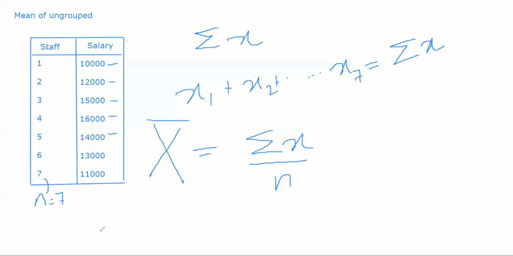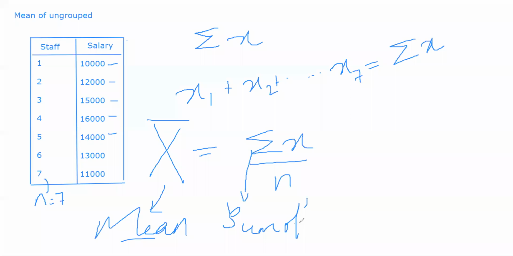That is the formula of mean. Okay, I hope you guys are understanding and following along. Please feel free to stop me if you're not understanding. These are simple small problems. If you concentrate a little bit, you'll be able to understand very easily. Okay, this is the mean. Mean is represented by capital X bar, that will be equal to sum of x, that symbol represents sum of, divided by number of observations. So number of observations in this case, n, is 7.